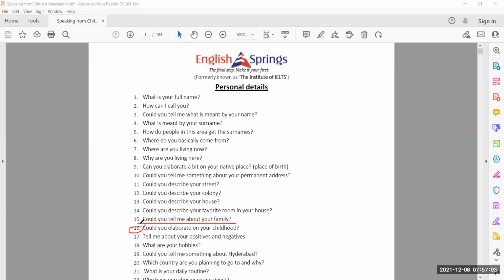Could you elaborate on your childhood? So this is a very simple topic, a very nice topic, right? Whenever we speak about our childhood, it brings a smile on our face because it has got a lot of funny moments. You can talk about the summer holidays. You can talk about the activities or the games that you have played with your childhood friends. And what else? The stories that you heard from your grandparents. And the naughty things that you had done. Very simple. You can describe your childhood by saying carefree, innocently confident. You can even say like this.